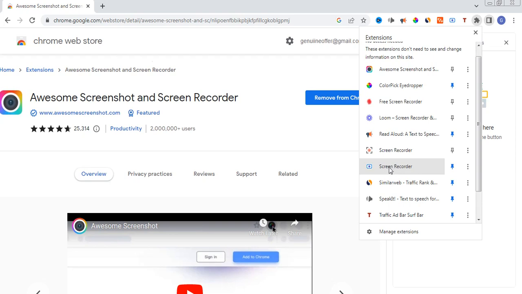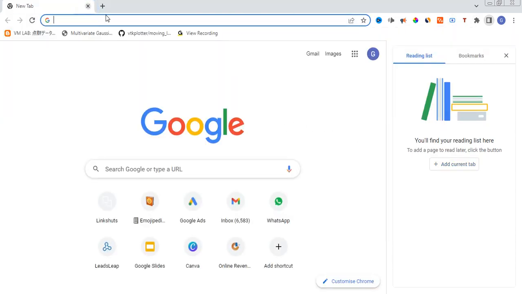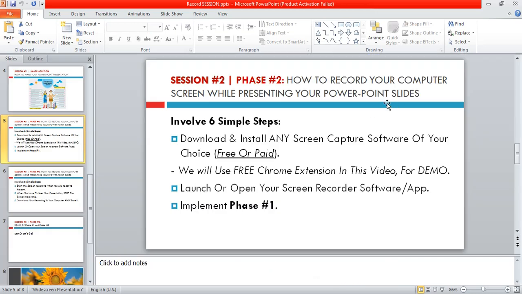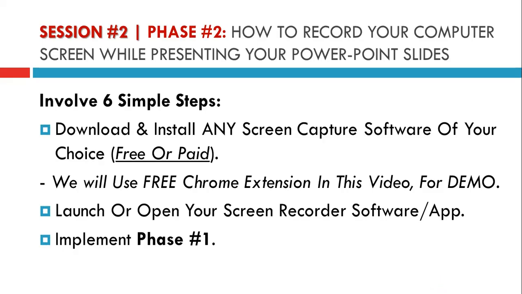So for the purpose of this demonstration, I'm going to use this one with the blue icon. As you can see, the icon is here. So I'll go ahead and maybe open a new tab, not necessarily, but I want to begin to record my PowerPoint presentation. So I'll bring my PowerPoint up. Okay, so my PowerPoint is up. I'm ready to present. So I click on this presentation mode, and then on my keyboard I'm going to press